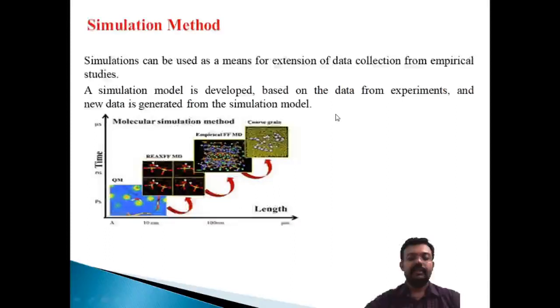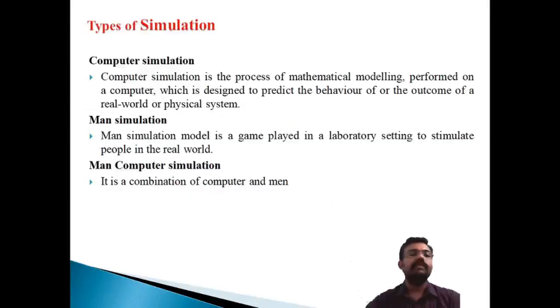Okay. And what are the types of simulation? The simulation can be classified into three. One is computer, man, and man-and-computer simulations. Okay, these are the important methods of the simulation. And computer simulation means you're using the mathematical elements of the model with the help of the